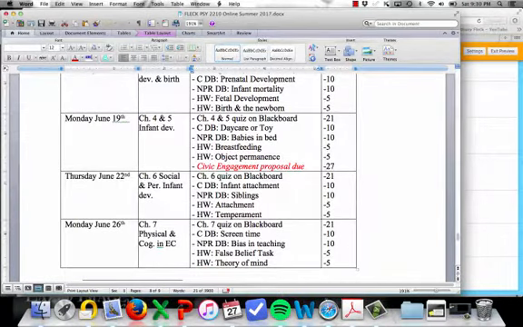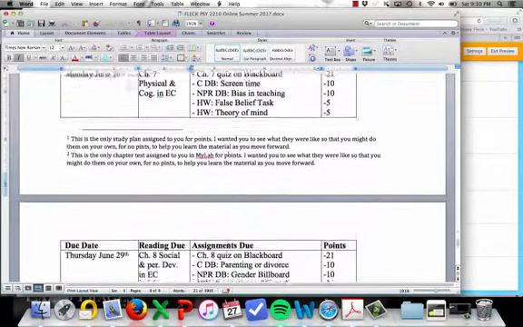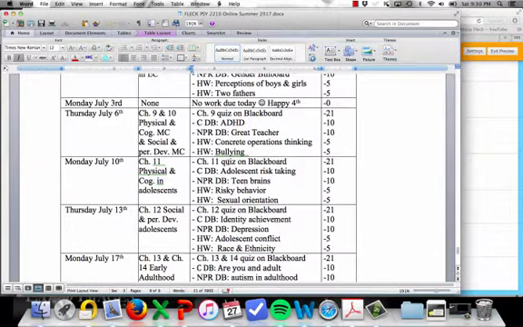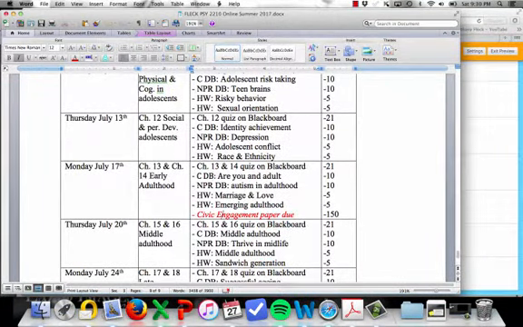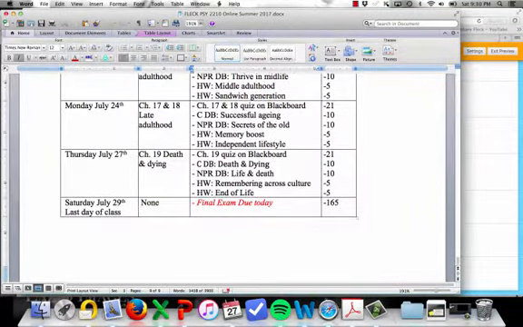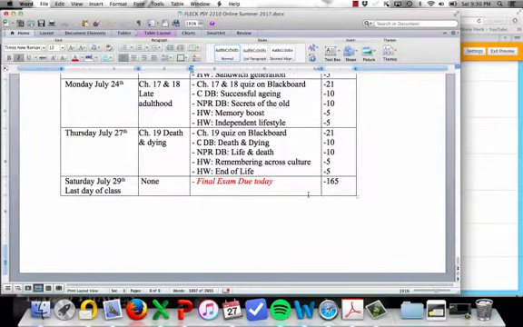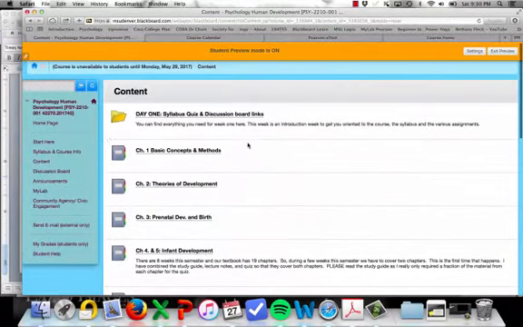You'll see also when the civic engagement proposal is due. You'll see when the paper is due. And then at the end of class, you'll see the final exam. All right, that takes us through everything. I'm going to hop back onto Blackboard here just to see if I'm missing anything.